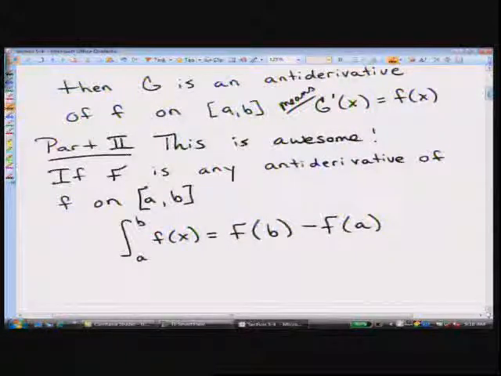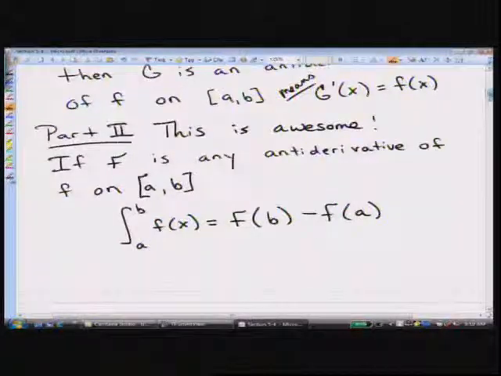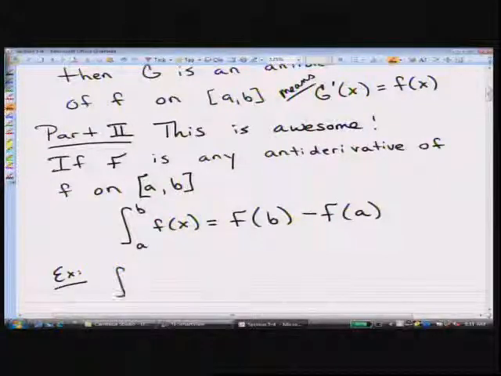So all this is telling you is that if you want to evaluate this integral, find the antiderivative and then do F of b minus F of a. So last lesson we learned that this, when f of x is positive, is the area under the curve. So if you know the antiderivative of the function, then you can actually calculate the area under the curve for very complex looking functions that you never could find the area of before. So for example, the integral from a to b of x squared dx,